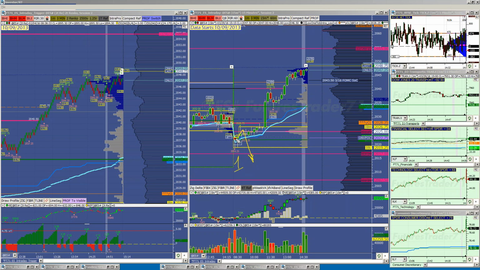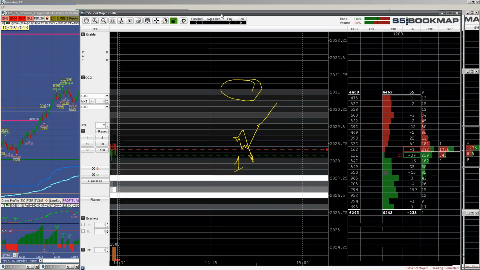hypothesis number one. Hypothesis number two is chop, open, test below, chop, chop, move up, break that 2026, 27 key resistance area, and then start to float up towards 40, 50, which is a very big area up here. That's the second hypothesis. My job when the market opens is to monitor that, to monitor which, I don't know which one the market is going to play, but if I show you here,